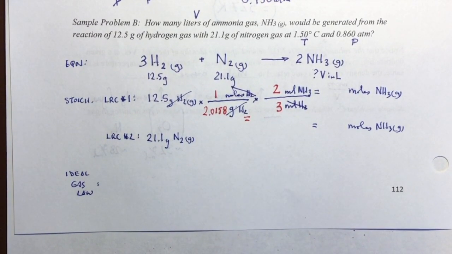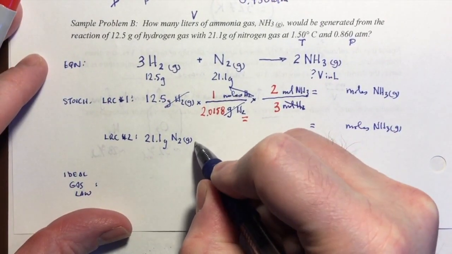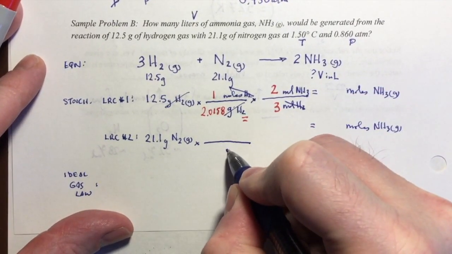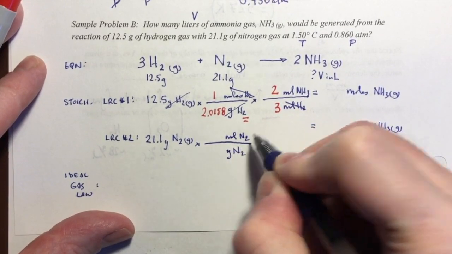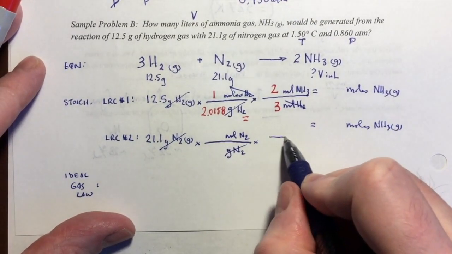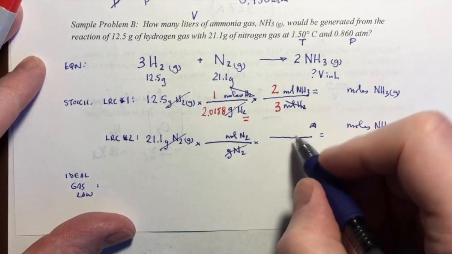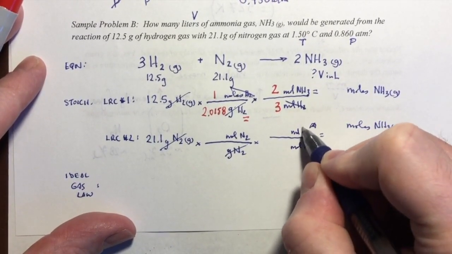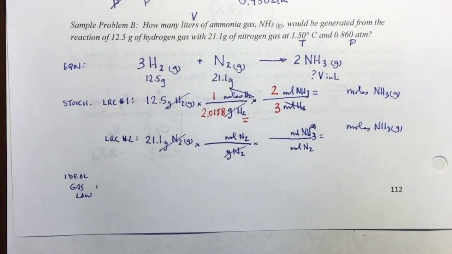Let's go ahead and do the setup for the next stoichiometry. And so this will be grams of N2 to moles of N2. So I can cancel out grams of N2. And then the final step would be moles of N2 to moles of NH3. Okay? And with the numbers here,